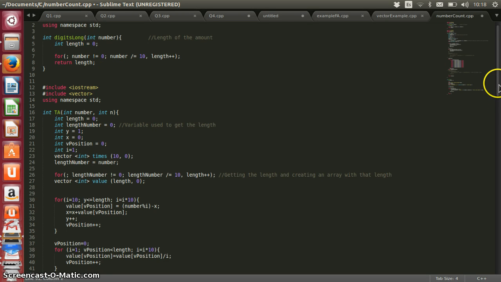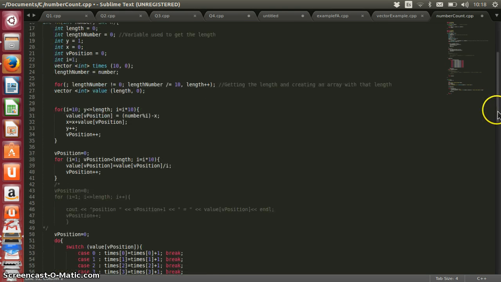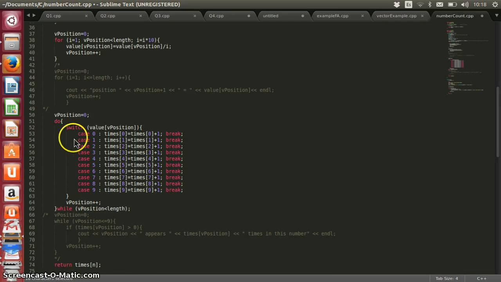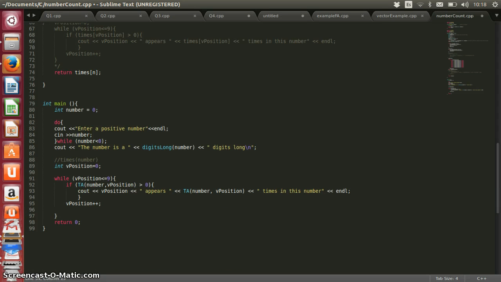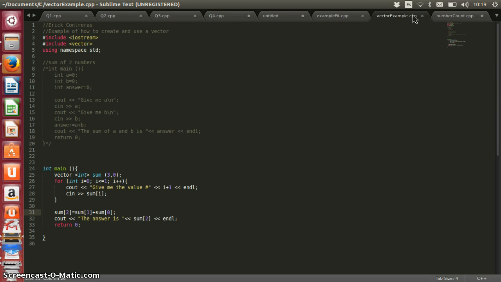So it's gonna be 1 and 3, and then that 1 and that 3, I store them inside a vector, and then I use another vector that counts how many times each digit appears. So at the end, what's gonna print is how many times each number appeared. So it's gonna be 1 appeared 1 time and 3 appeared 1 time. That's a more difficult problem where you can actually make use of vectors